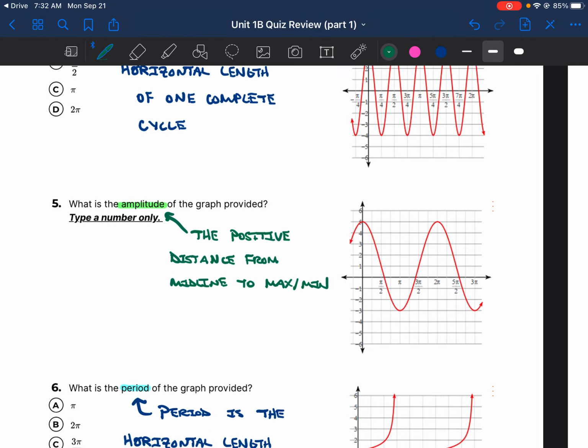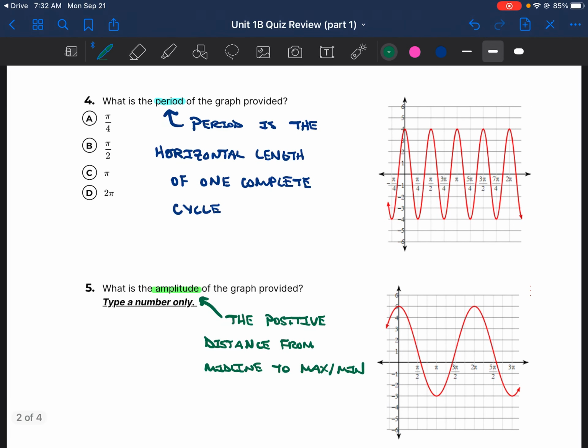All right, looking at number 4. Number 4 says, what is the period of the graph provided? Well, recall that a period is the horizontal length of one complete cycle. So we want to go into this graph and we want to identify one complete cycle and then try to